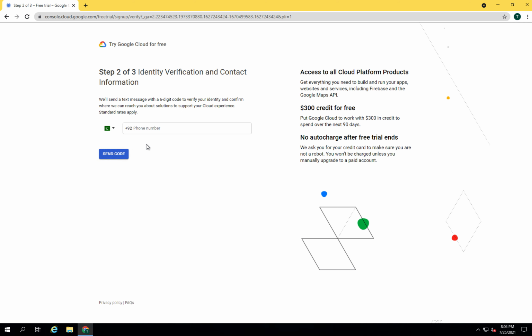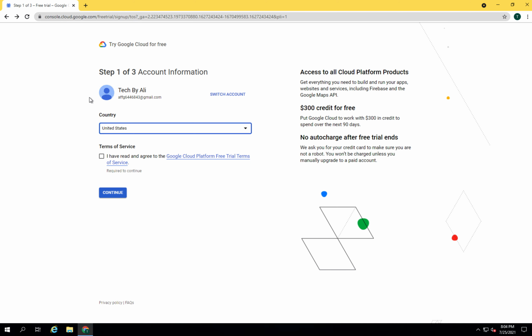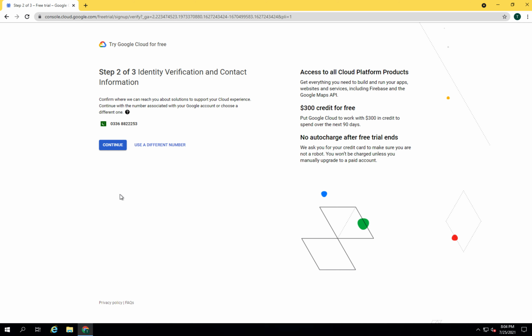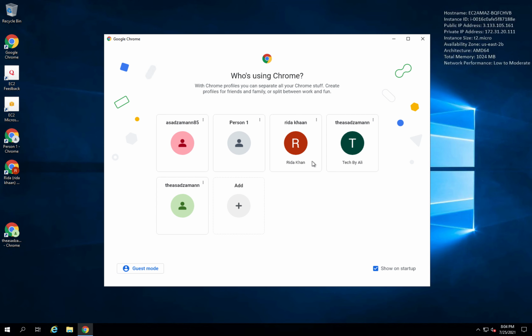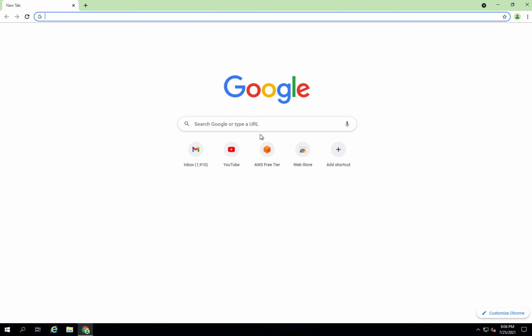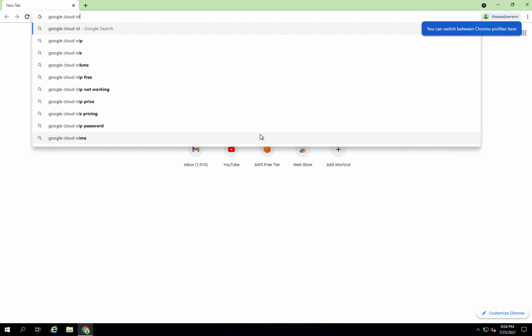Use a different number or, just a minute. It's asking for code verification, so I will cross this one. I will select new profile, maybe this one. Cloud RDP.